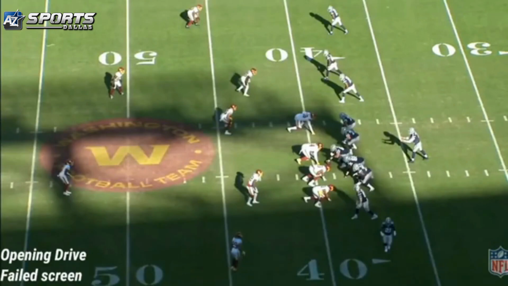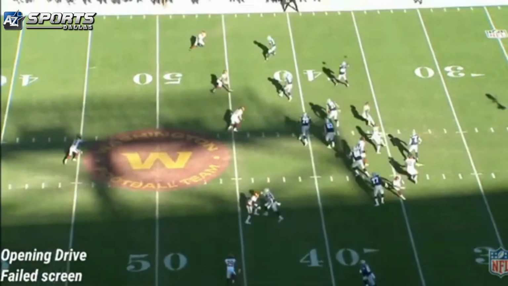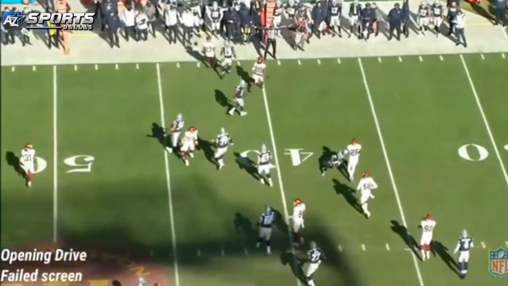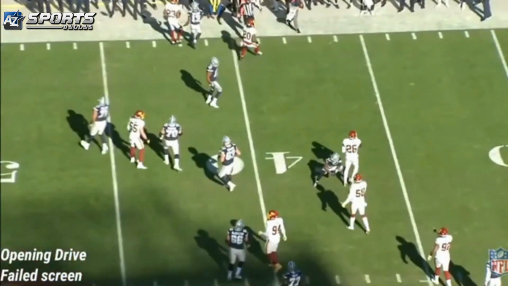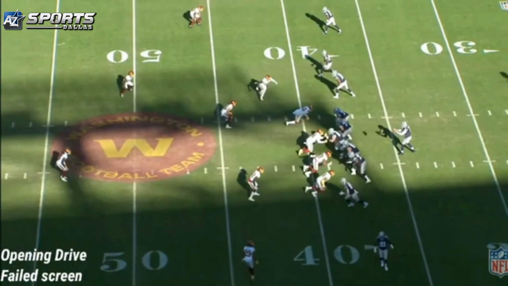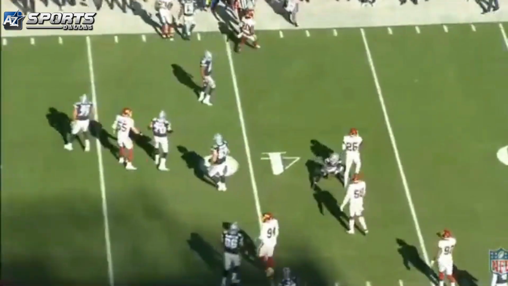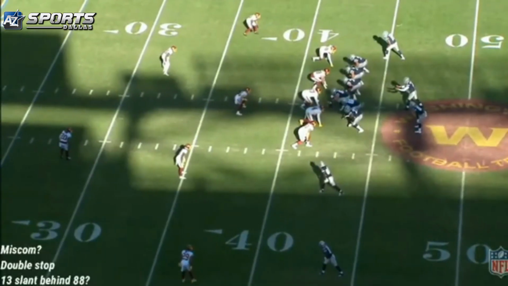It was a collective of things that was compounded by a bad decision and a bad throw. But on the first play, we were just talking about screens, failed execution. You just drop the ball. I don't really know how much more you can blame on one or the other, but you have to catch the rock. That was the first failed screen. There were a number of them.